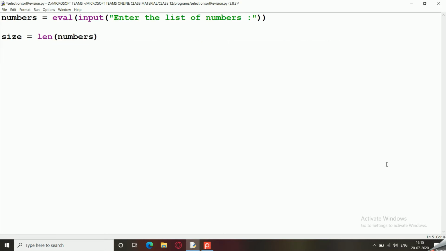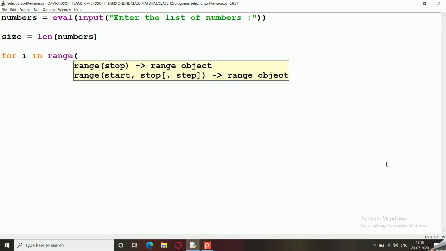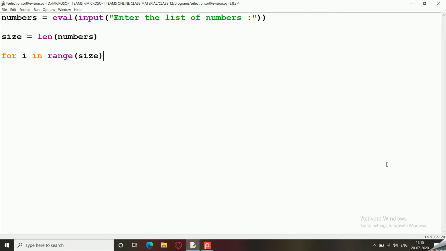We have asked for the size of the list, and we are going to start with the for loop. For i in range size,